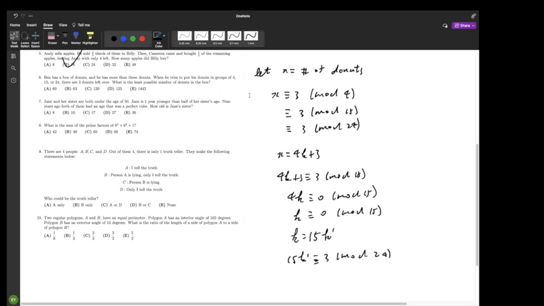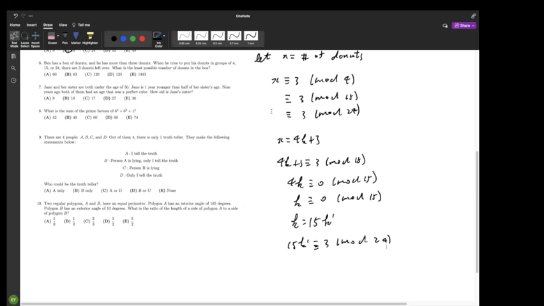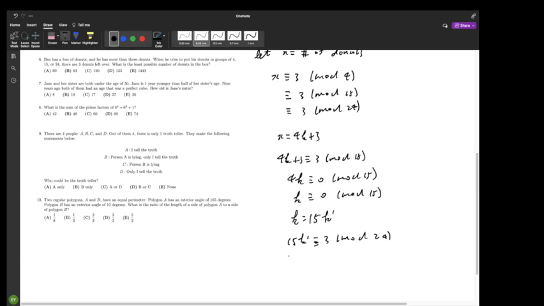What is the least possible? 지금 x 값의 최소값을 구하는 거니까, k 값의 최소값을 구해야 되죠. We need to find the minimum value for k. And if you want to find the minimum value of k, we want to find the minimum value of k prime, right? 네. 근데 사실 if I use this, it becomes quite okay. 네, 일단 써보도록 하겠습니다. We know that 15k prime is equal to